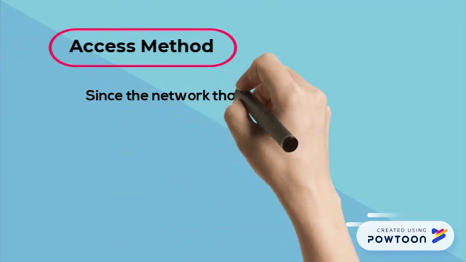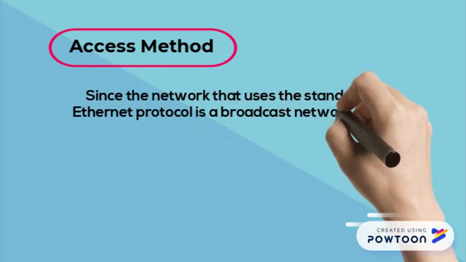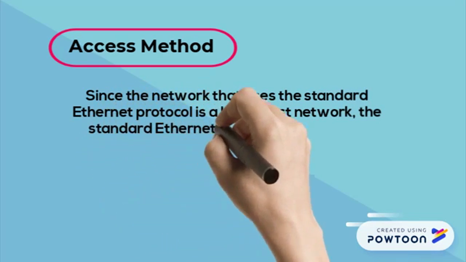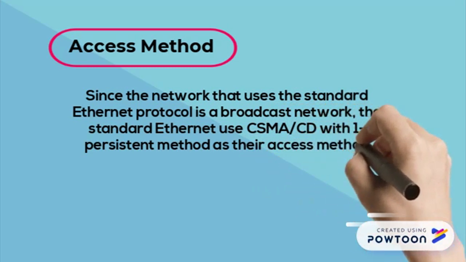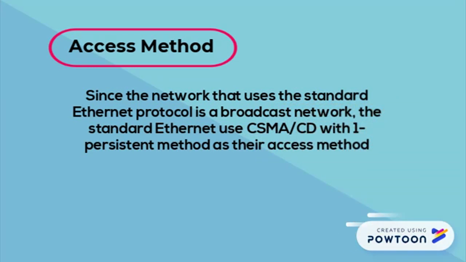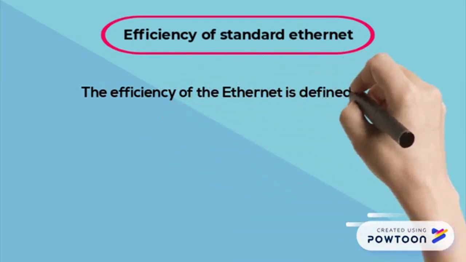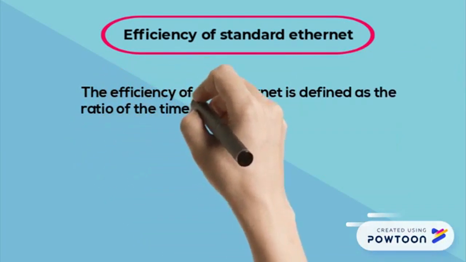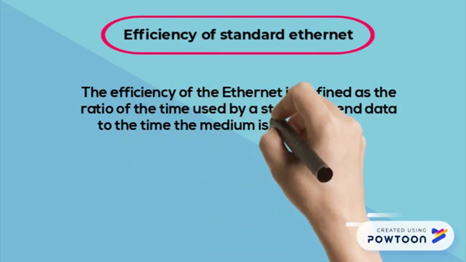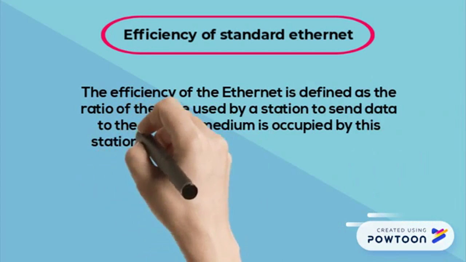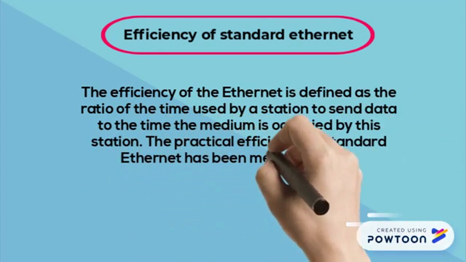Access method. Since the network that uses the standard Ethernet protocol is a broadcast network, the standard Ethernet uses CSMA/CD with the one-persistent method as its access method. The efficiency of the Ethernet is defined as the ratio of the time used by a station to send data to the time the medium is occupied by the station. The practical efficiency of standard Ethernet has been measured to be